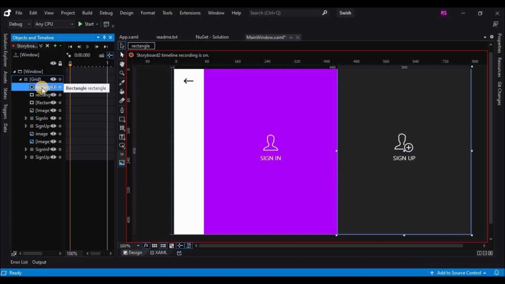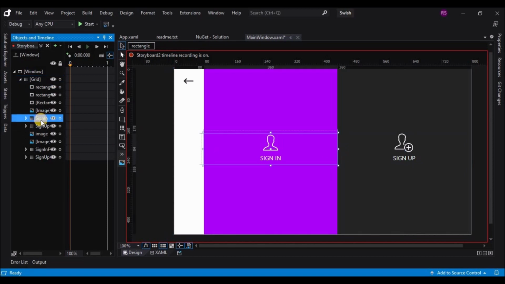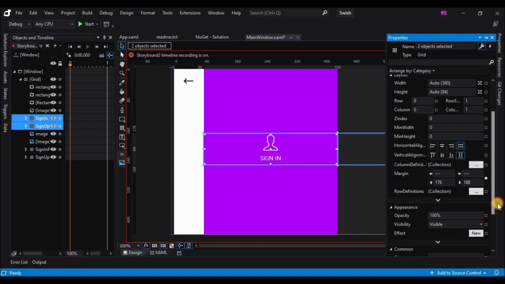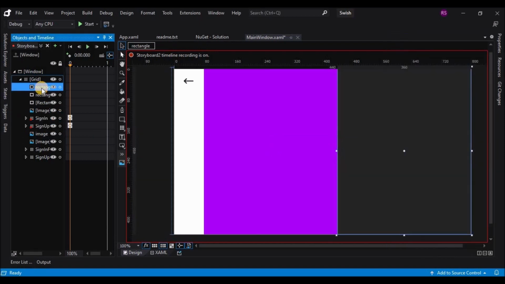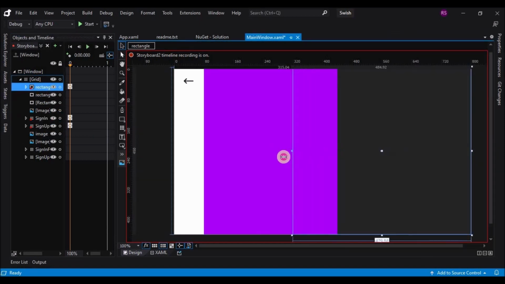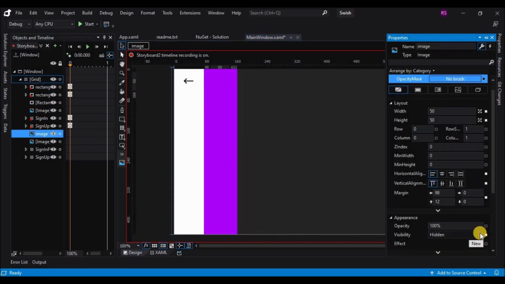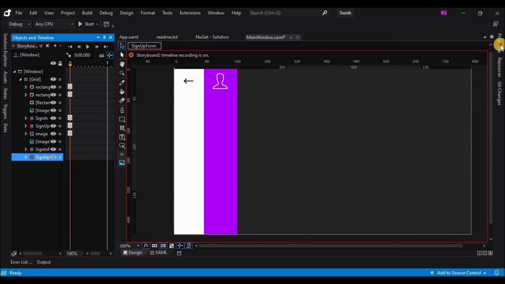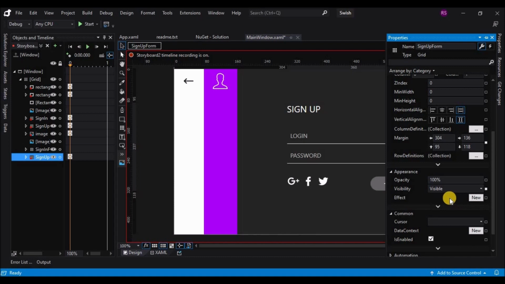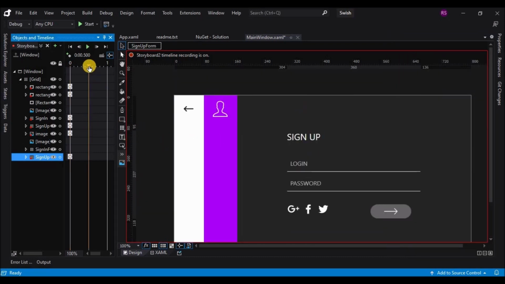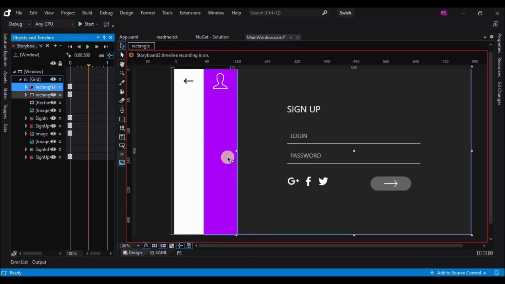So this is the start position, but this shouldn't be the start position. Now the start position should be the position where we left off for the first animation. So that will be the extended gray rectangle and the reduced purple rectangle. This was the last position of the first storyboard. So we have to start from there on the 0th keyframe, and on the 0.5 keyframe we have to extend the purple rectangle and decrease the gray rectangle,